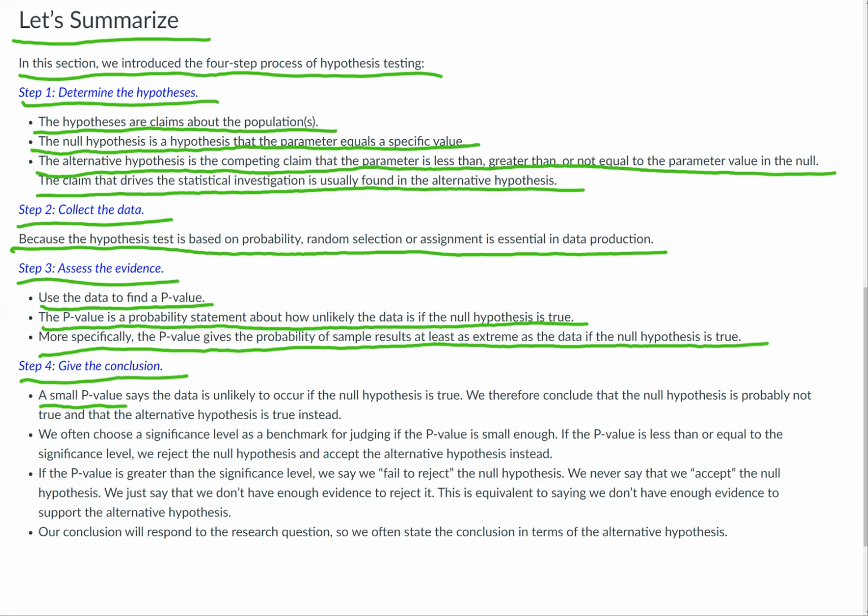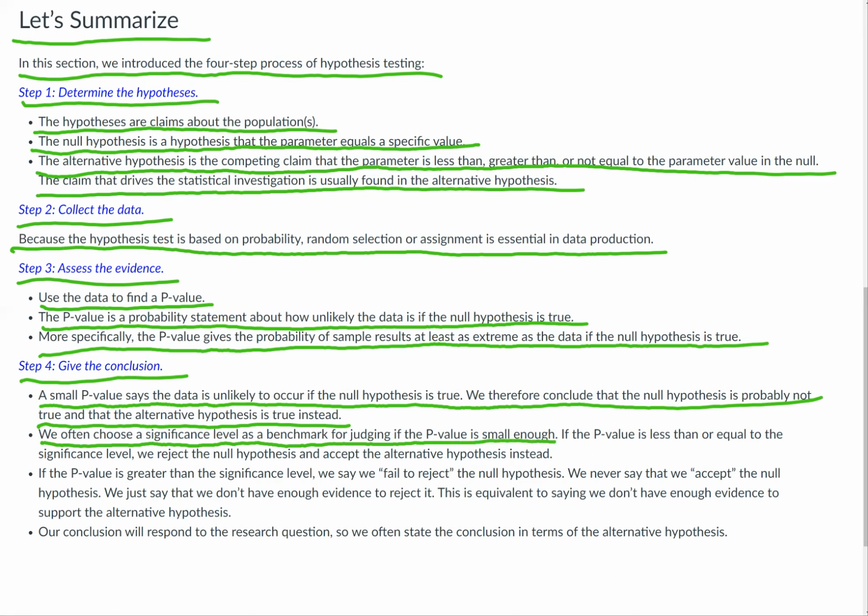A small p-value says the data is unlikely to occur if the null hypothesis is true. We therefore conclude that the null hypothesis is probably not true and that the alternative hypothesis is true instead. We often choose a significance level as a benchmark for judging if the p-value is small enough. If the p-value is less than or equal to the significance level, we reject the null hypothesis and accept the